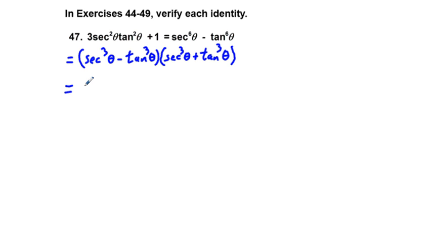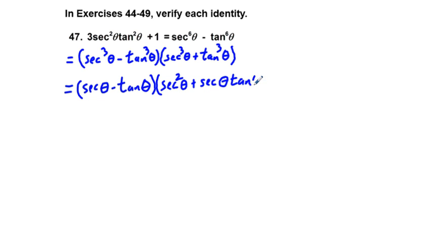And so to do that, we're going to rewrite this left term here as quantity secant theta minus tangent theta times quantity secant squared theta plus secant theta tangent theta and plus tangent squared theta times, okay, I'll put a multiplication dot, I'm going to come below here, take so much space, secant theta plus tangent theta